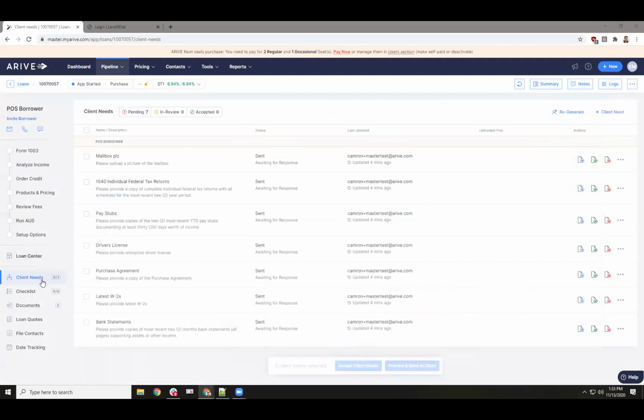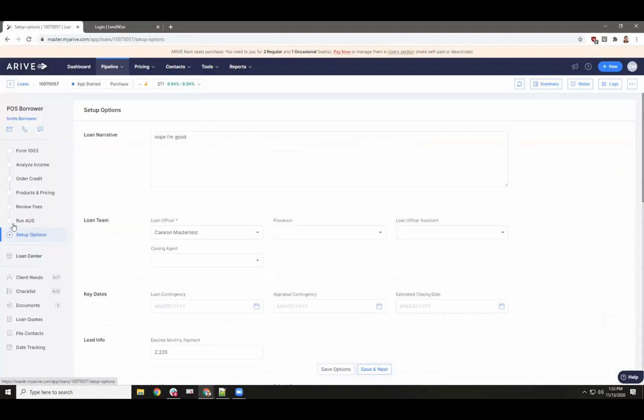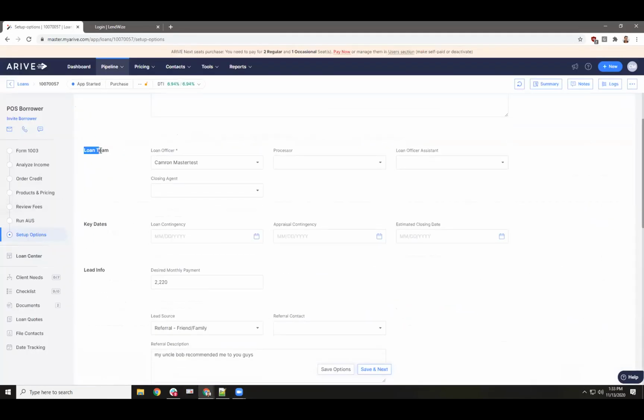Now, by a loan team, I mean the people that are automatically assigned on the file here. So if I go into setup options, I can see that this is the entire section for loan team. So if I've got a processor on the file, or a loan officer assistant on the file, they'll be notified as well when those different actions are completed. So, the reminders, or specifically the documents being uploaded, the application actually being submitted. That gives you a head start to jump in and start looking into what's going on